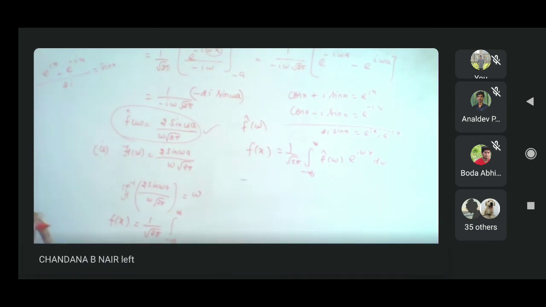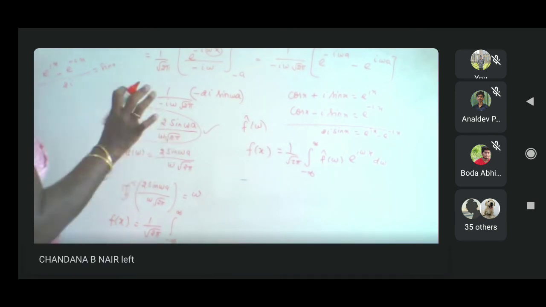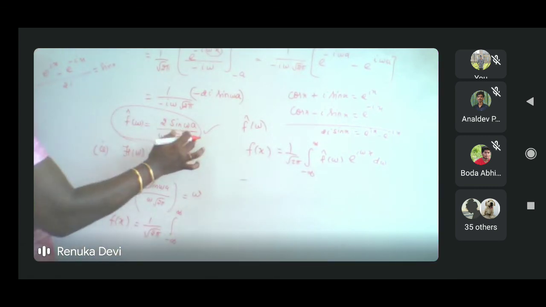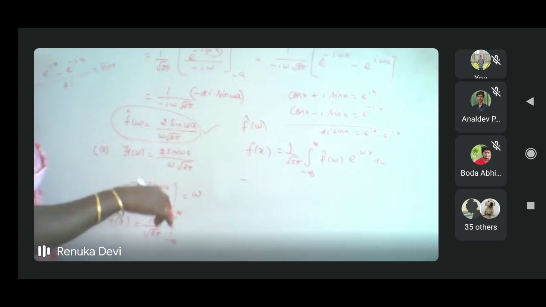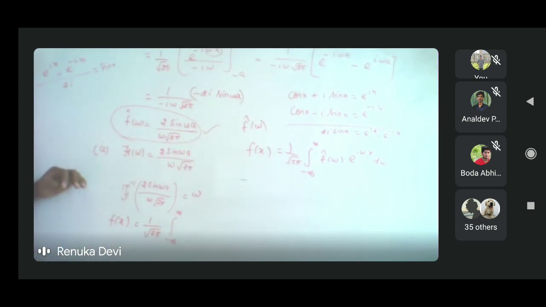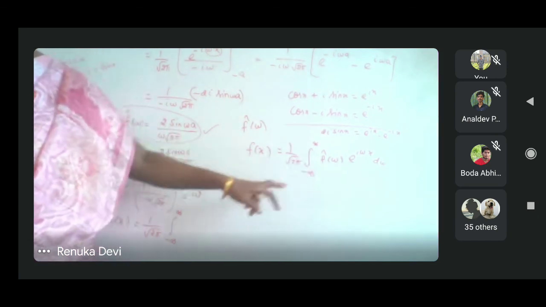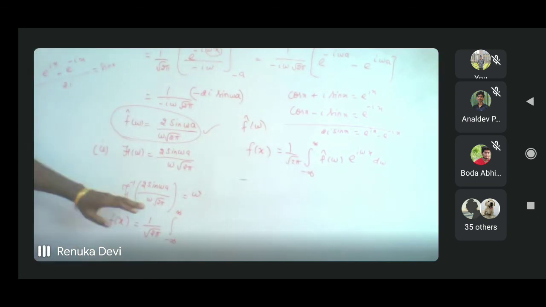Okay. Now, if you want to find the Fourier transform, the problem is over here with this step. But here you have to evaluate that integral. For that, we are using the inverse Fourier transform. That is, the inverse Fourier transform of this f cap of W is given by this formula. Therefore, after writing this, we can write f of x directly.